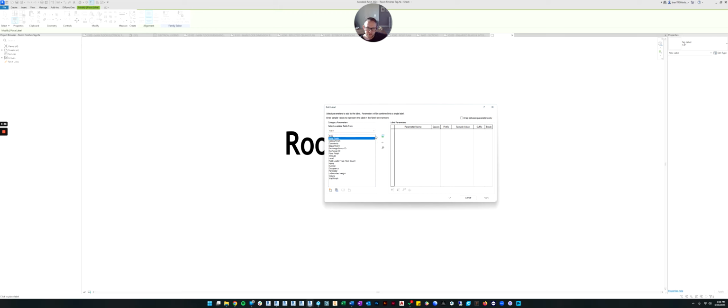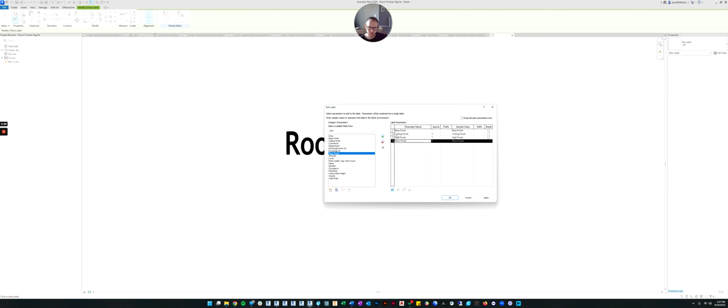So we want the base finish, and we want the ceiling finish, and we want the wall finish, and we want the floor finish. So in this one label, you can put as many properties as you want from the room. So this is showing all the room properties. Just like if you were doing a room schedule, you'd get these same options. And you're telling it what you want to put into the label.